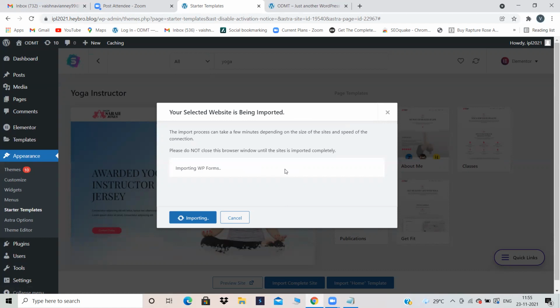Before, what we were doing, you go into the dashboard, you create a homepage, you add content to that page. It's lots and lots of hard work. Whereas here, everything will be inbuilt, and they will be added to the menu also. You don't need to do anything. You have to just edit it. So let's wait until it gets imported.